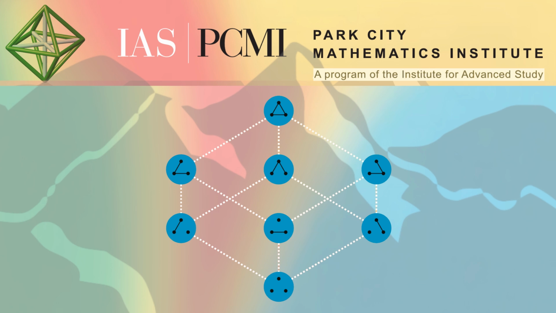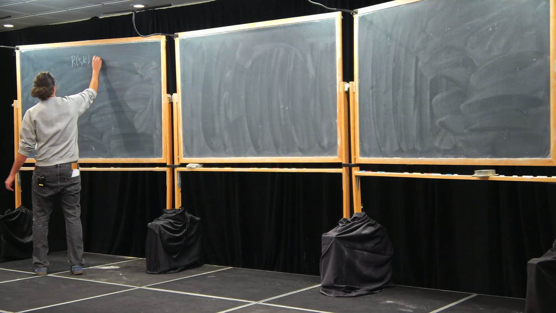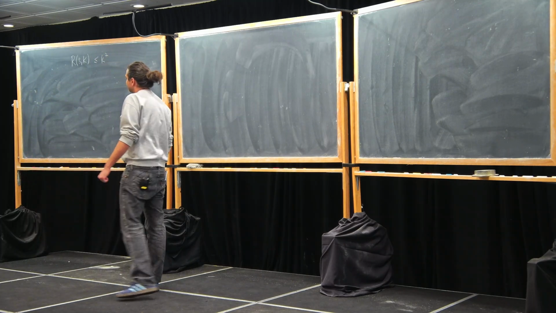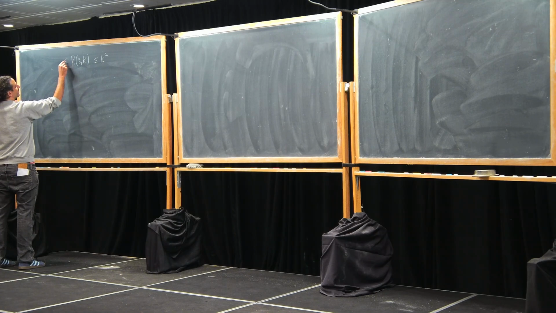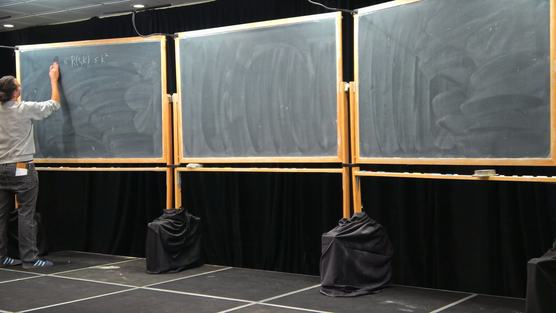So last time we embarked on our quest of understanding the Ramsey numbers R(3,k). The first thing we did is show a general upper bound for the Ramsey numbers R(l,k), and this resulted in an upper bound of k squared in this case. And then we showed, using a vertex deletion method, a lower bound of the form k to the